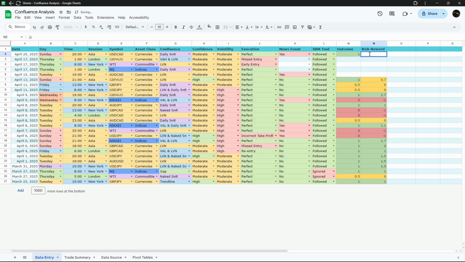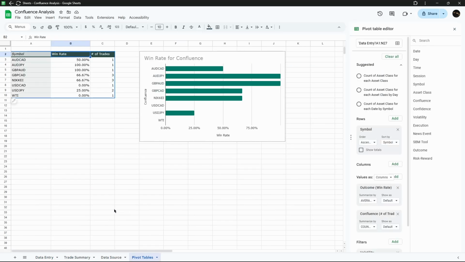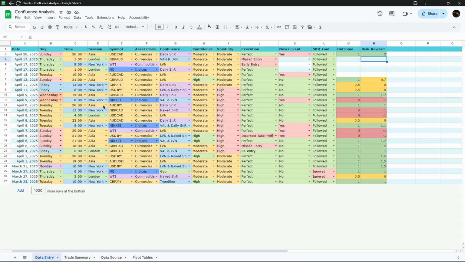And the risk reward, well, everyone knows what risk reward is. If you risk $100 and you made $200, the risk reward would be 2. And that's what this part here is. So that's basically the data entry. Once you do that, you don't need to manually enter anything else. Everything else is 100% automated: the trade summary, the data source, and pivot tables. I mentioned that the data entry is manual, you would have to manually create your table and whatnot. So that's data entry. I just entered a dummy entry basically,